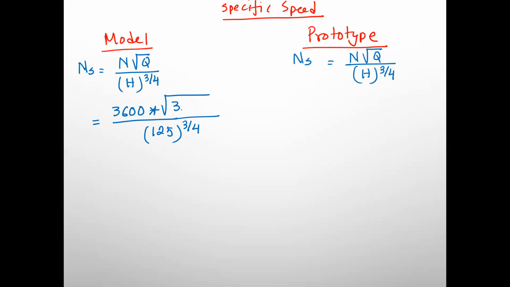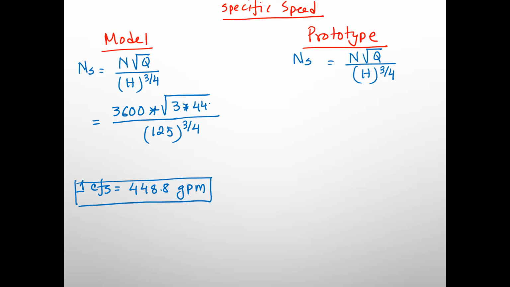Now Q was in CFS, but we need to convert that 3 CFS into GPM. So we need to convert that. Now the conversion factor is 1 CFS equals 448.8 GPM. That means we need to multiply this one like that, and we got